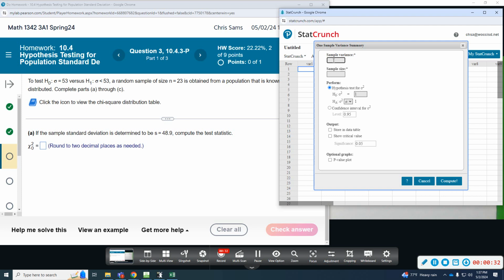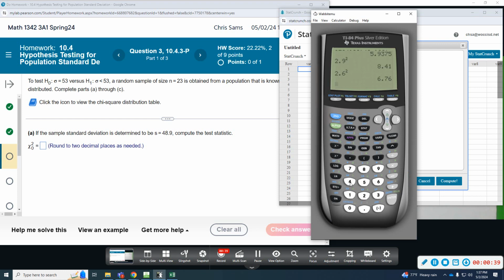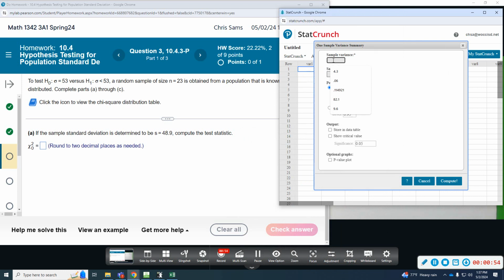So it's wanting to know the sample variance. The sample standard deviation is 48.9, so I have to square that, 48.9 squared. It says 2 decimal places, but I'm going to just put the full thing in StatCrunch, 2391.21, sample size 23,